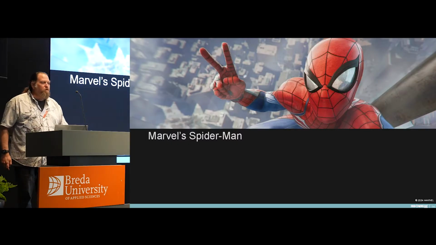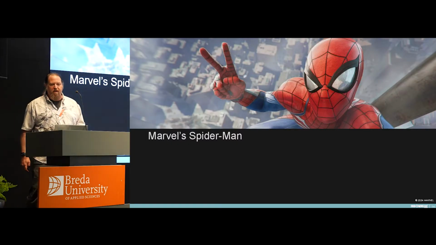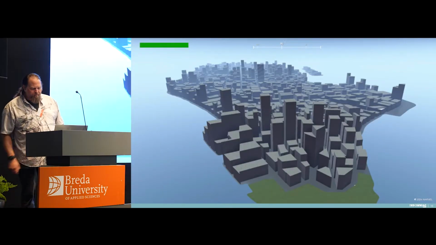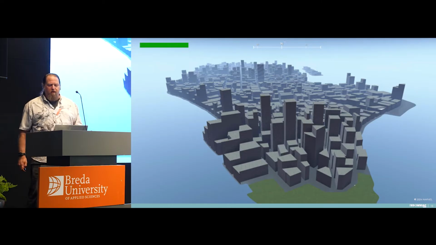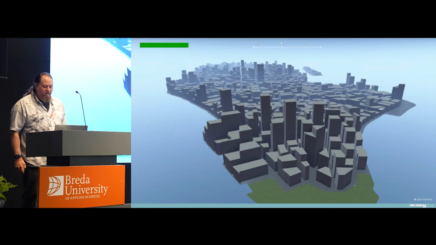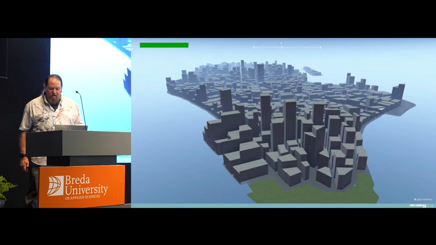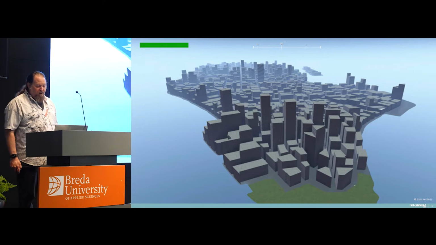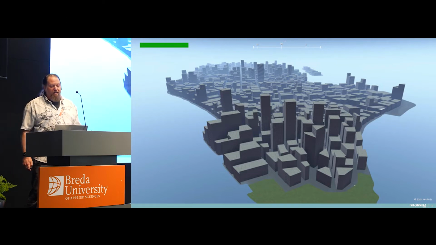Let's have a look at where these tools began on the first Spider-Man game for PS4 in 2017. We'll start with the open world authoring. To build the open world of Marvel's Spider-Man, initial buildings are procedurally created from primitives and polyline volumes in untiled reference art zones. Starting from a procedurally generated gray box layout, artists refine building shapes by modifying or adding primitives